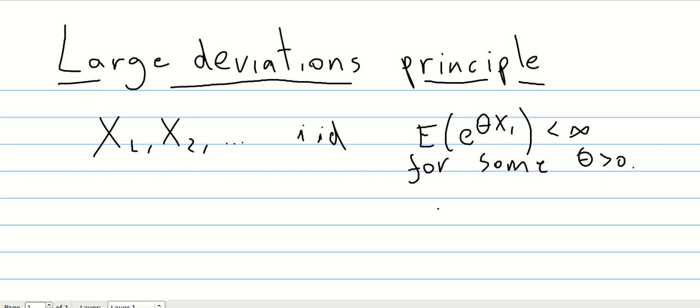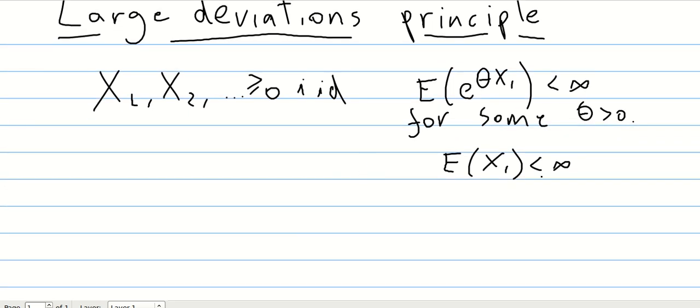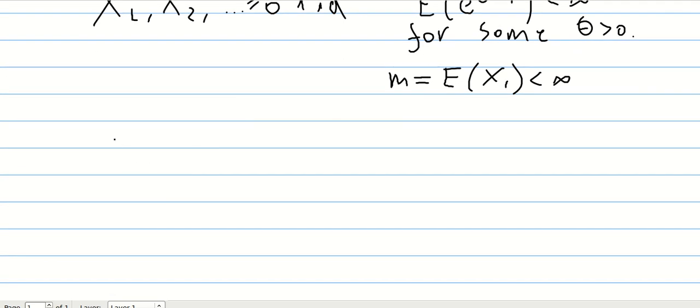In particular, suppose they are non-negative, for example. So we now know that the expectation of x1 is finite. So let's call this m. What we studied before was the sum Sn